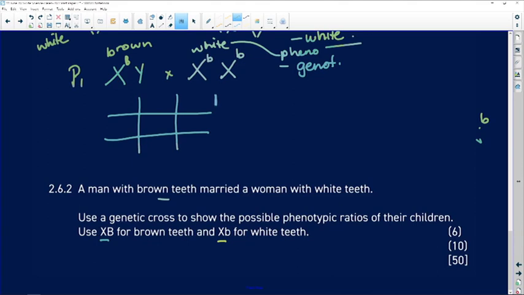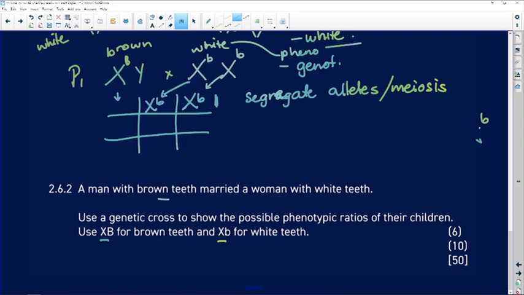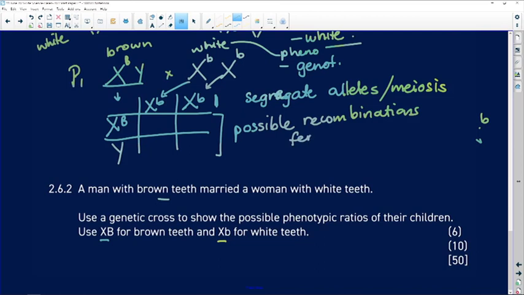And in the top row or the first column, we segregate the alleles, as if we were looking at meiosis, the products of meiosis. And we say, if we do the female over here, XB, Xb, and the male, XB, Y. Now in the body of the table, we show all our possible recombinations as a result of fertilization.